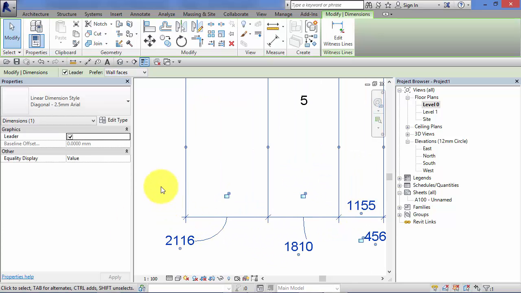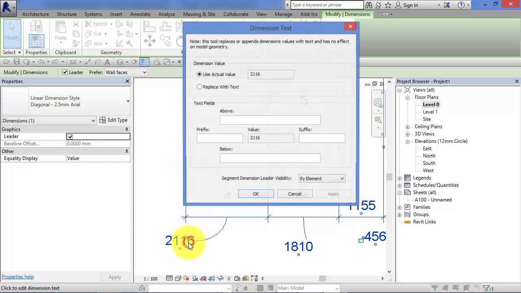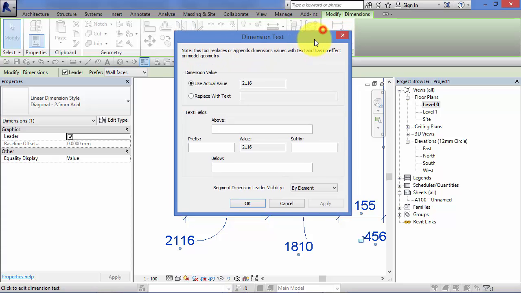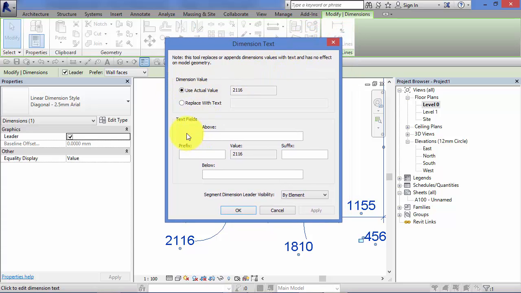Now if you then go ahead and actually click on the value itself once the dimension is selected, it brings up this dimension text control panel. Let's go through each of these. Dimension value: by default Revit is going to use the actual value, so whatever the distance is on that dimension, that's what it's going to put in there. There is an option to toggle replace with text, so if you can't quite get your project to work and the dimension isn't what you expect, you can swap it to there and put another value in and fudge it. So if it's really meant to be